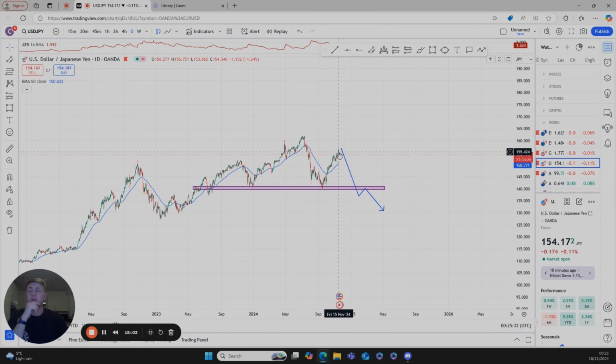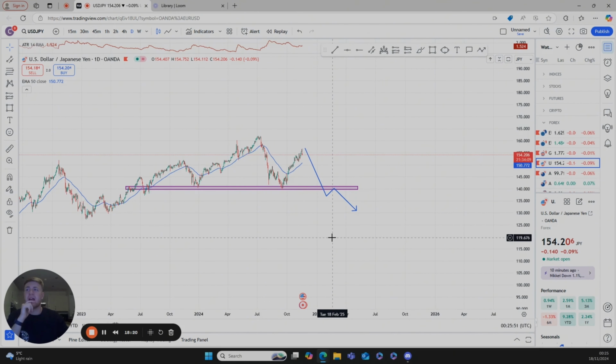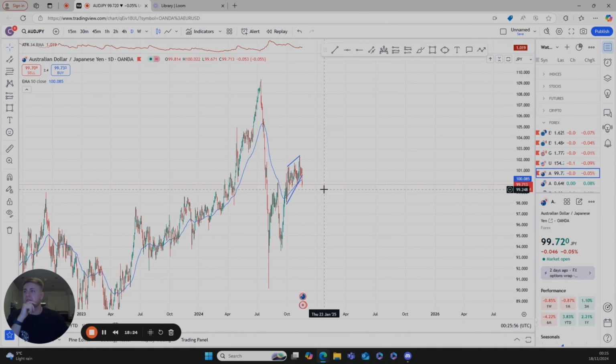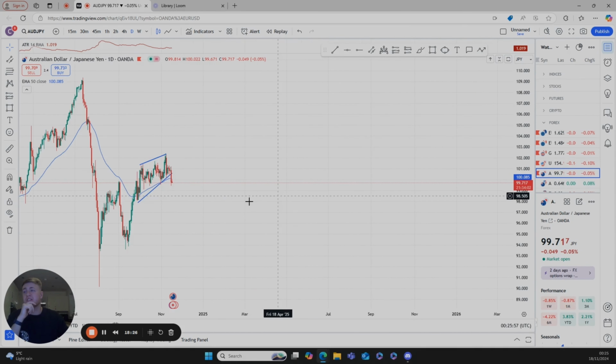So I'm waiting for this to play back down and break through, but I think this one is going to play out in even 1 to 2, possibly 3 weeks maybe. I don't know. So that's the one to keep an eye out for, but I don't think that one's going to be coming up anytime soon. And then the last one is, oh no, this is another one that I missed.